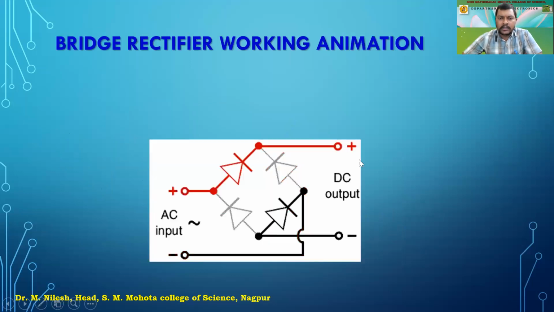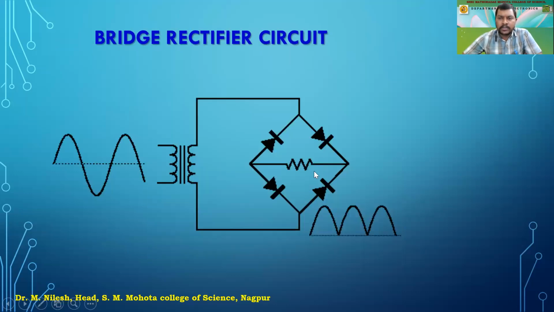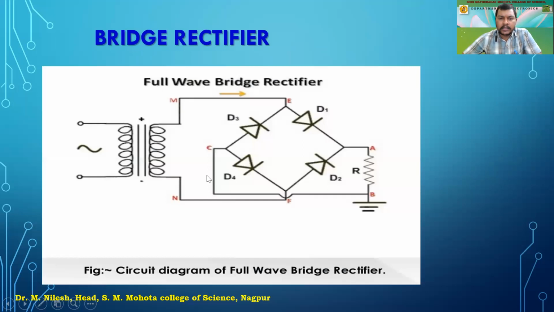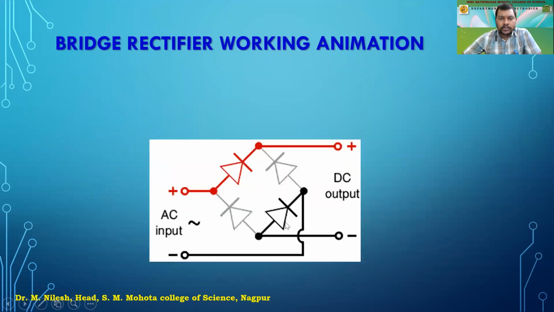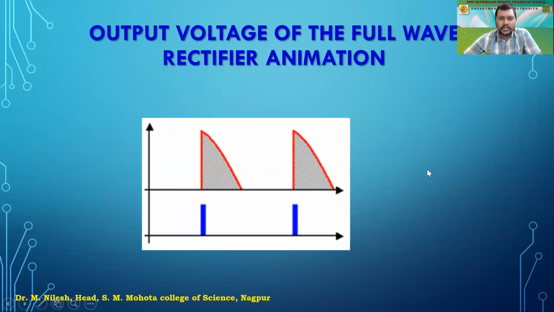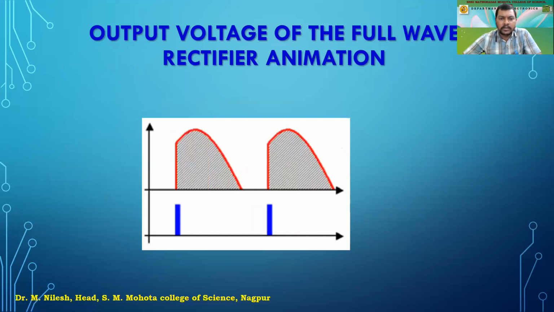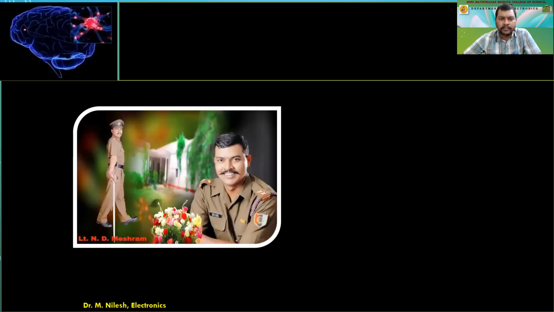And this is another circuit. The same circuit is there, since we have connected the load resistance in between them directly, right? Here it is being connected outside the circuit, right? And if you connect this inside, we will not require these jumpers. Okay, so this is again another animation showing you how the diodes are going to conduct. I guess you have understood this. These are the waves that we are expecting to appear across the output.